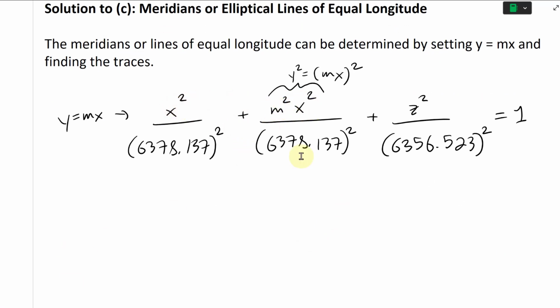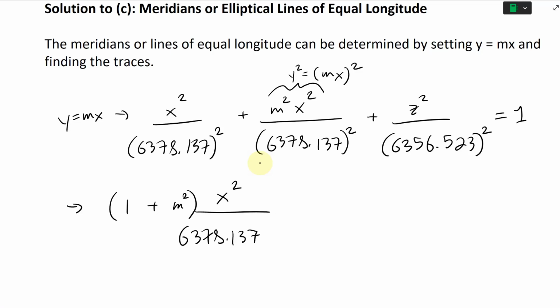Basically, we're going to have this whole part, this x squared over the radius, and factor that out. So we're going to get a 1 on this side, which is just 1, and then plus m squared. And we're going to get an x squared over 6378.137 squared, and then plus, this is just going to be an ellipse, z squared